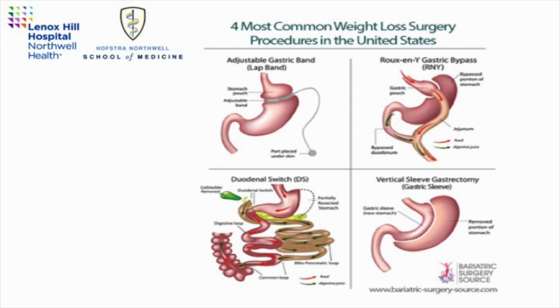Bands, as shown on the top, were very popular until the last few years, as we realized that by just placing a ring on top of the stomach, we can make it more difficult for people to eat and force them to eat slower. But we really do not mimic the satiety signals or change the digestive hormones that send signals to the brain. Gastric bypass has been one of the most popular procedures and is still a very effective procedure. But in the upcoming slides, I will try to speak about why I think a single anastomosis DS offers